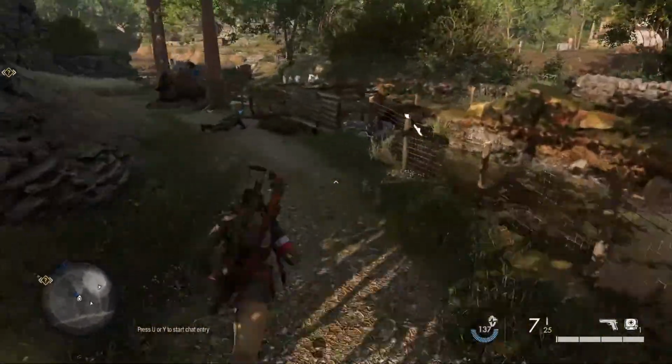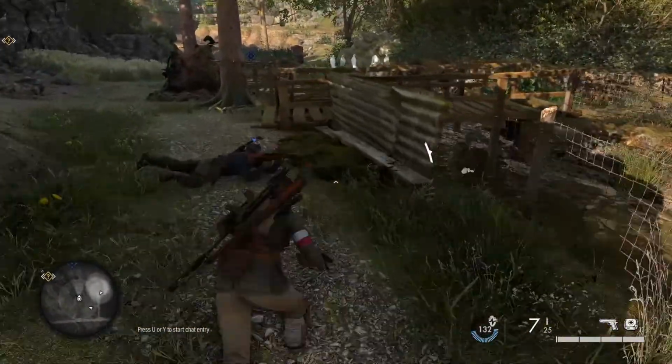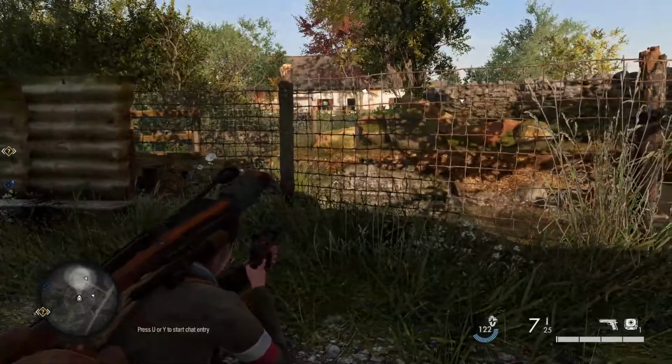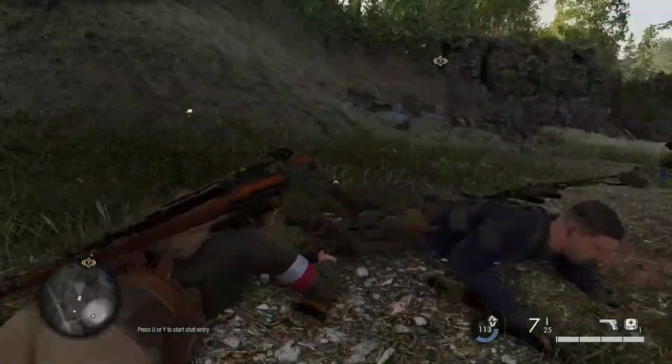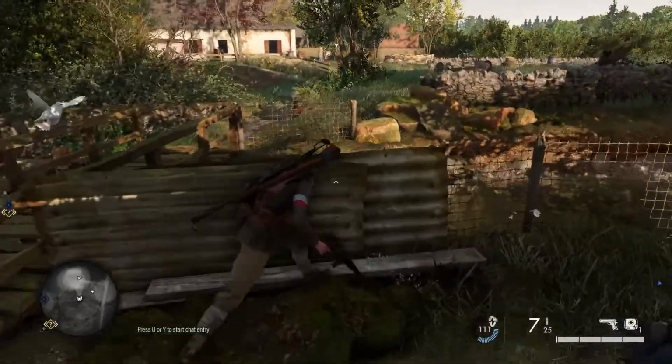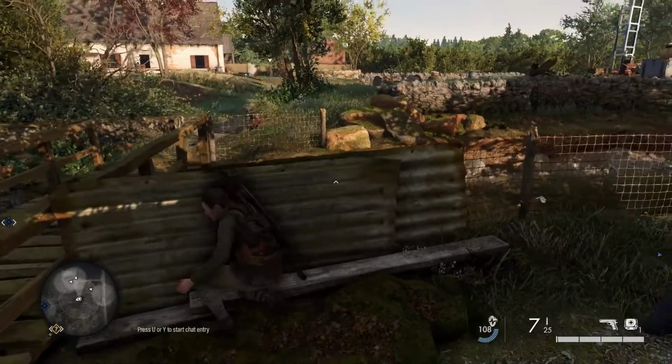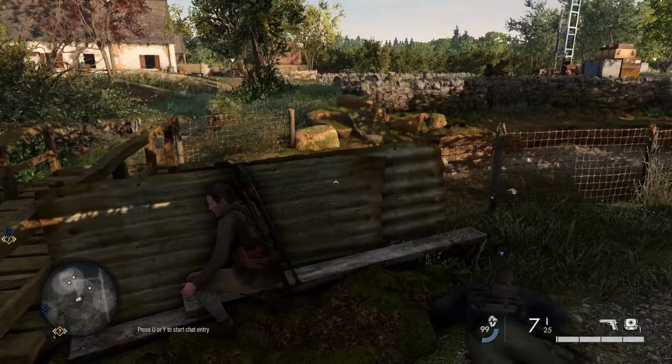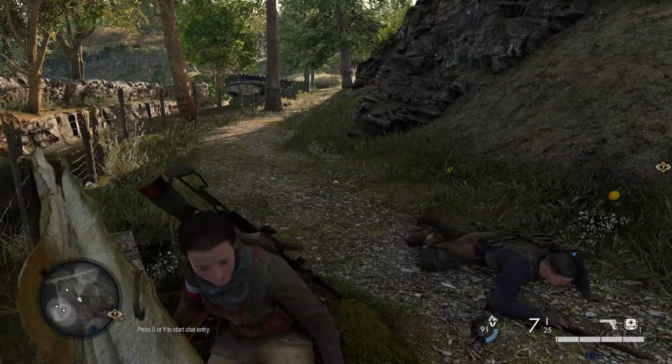You guys didn't catch the end of my last one, but I had a silenced MP40 and was just tapping everybody with it. As ridiculous as that concept is, I did miss the gun when I ran out of bullets for sure. The KR98K that you get that is silenced, I'm so